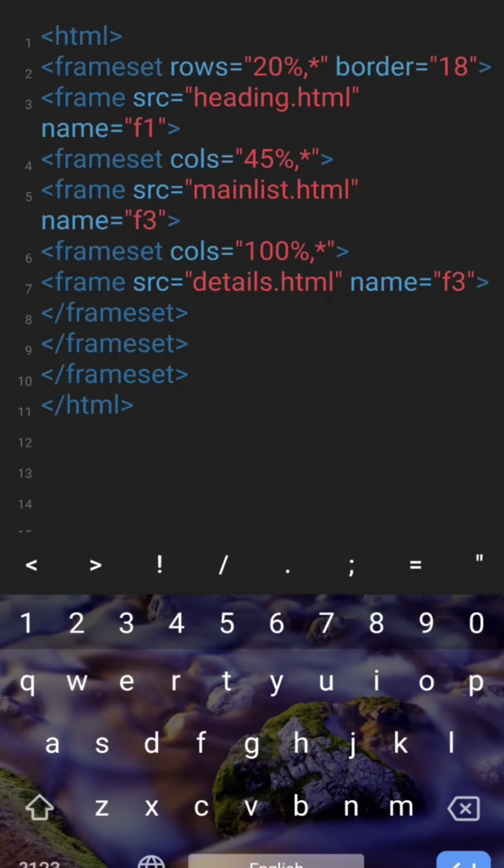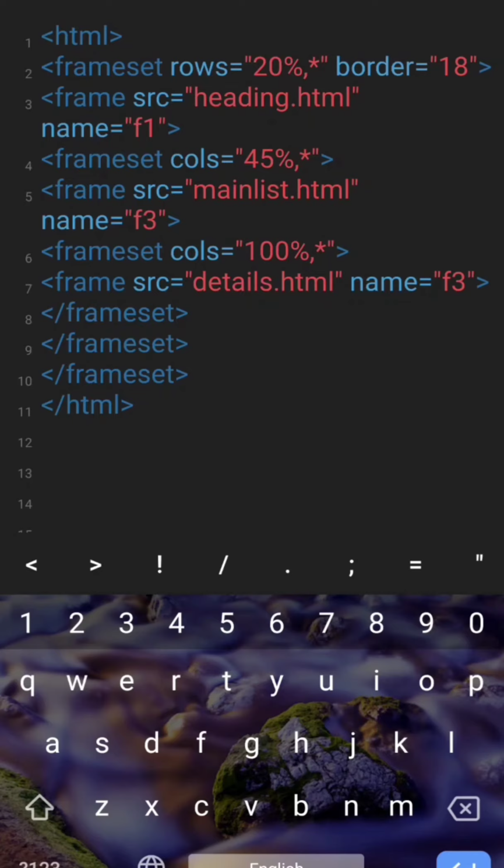Now, suppose I have divided my screen into two parts. The first part I'm taking as 15% height. So the second part, obviously, will have the height of 85%, the rest percentage. Now if I further want to divide the second part into two columns, the first part is a row and the second part will be further divided into two columns. For that purpose I am using this program.